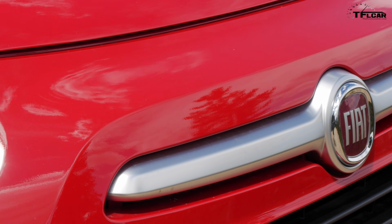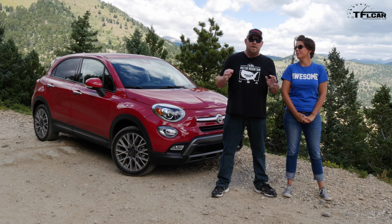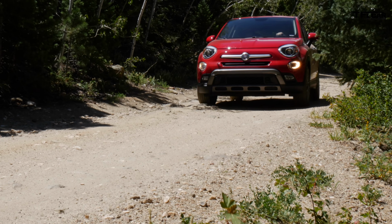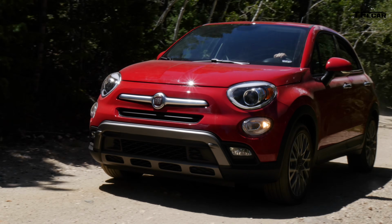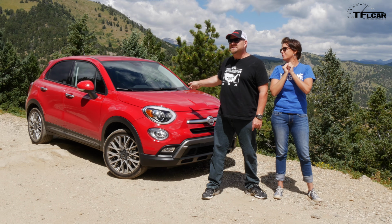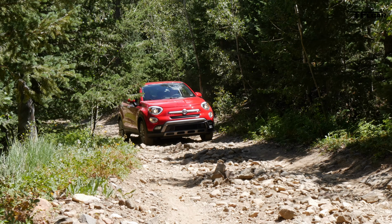That's right. Behind me is the 2016 Fiat 500X. Now, normally we would be taking it to Goldmine Hill to do our all-wheel drive off-road test. But here's the thing, this one is just front-wheel drive. That's right. Front-wheel drive with a 9-speed automatic transmission. And the reason we're bringing it up this road is